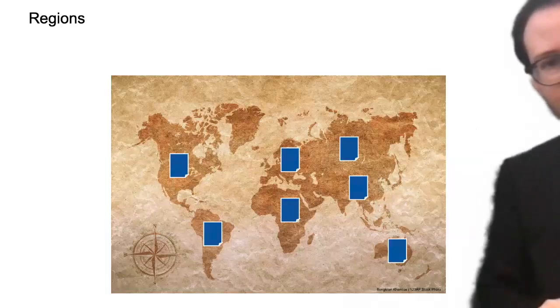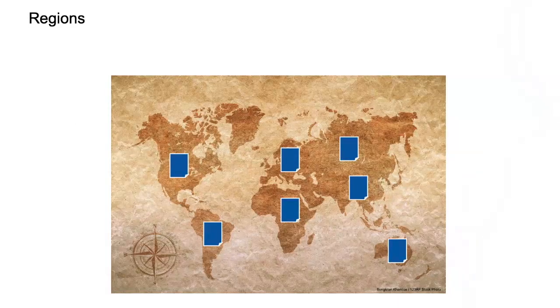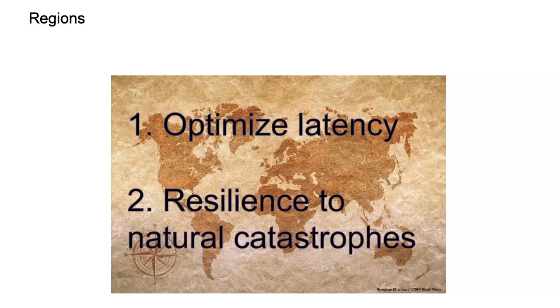To have more copies. There are several reasons, in fact, for replication across different locations. One of them is the latency. Imagine that you're hosting in your system the static pages of a website, and you have customers all over the planet. Well, if you are in Zurich and the pages are stored in New York, when you access the web page, there will be a slight delay. First, because of the speed of light. Even the light traveling from Zurich to New York and back for your request will take some time. But second, the internet doesn't have the speed of light.